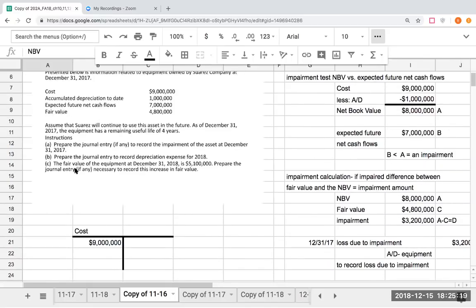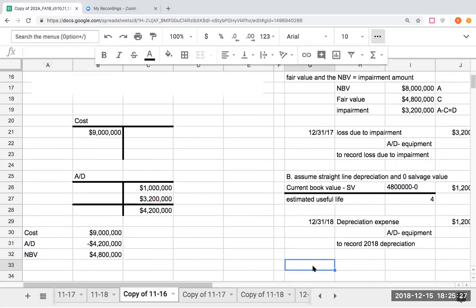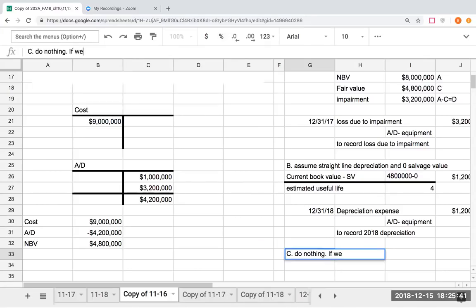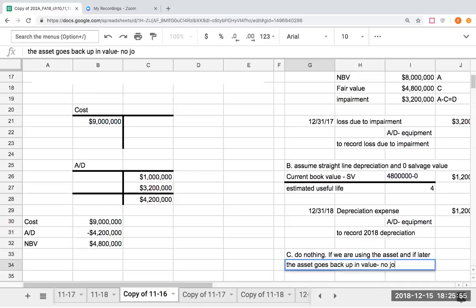Now, on part C, if the fair value of the equipment went up to 5.1 million, what do we do? And the answer to this is do nothing. Once we impair an asset, and if we are using that asset, we do not show any impairment recovery. So if we are using the asset, and if later the asset goes back up in value, no journal entry is to be recorded